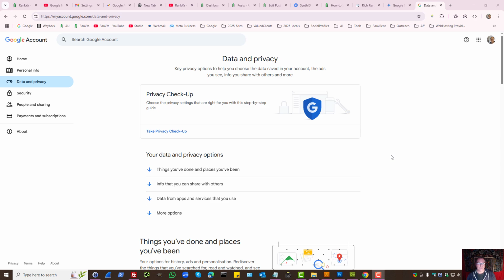How to use Google Takeout to download your Google account data. When you're logged into your Google account, simply find a link to manage your Google account. And on the left-hand side, you'll have a Data and Privacy menu option. If you're using your Android device,